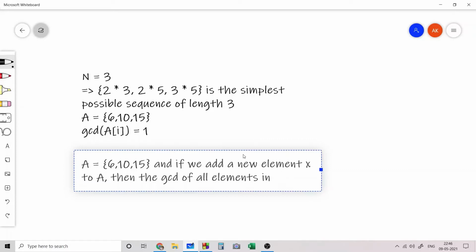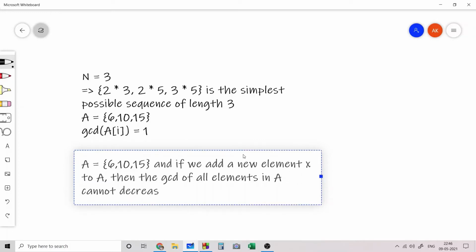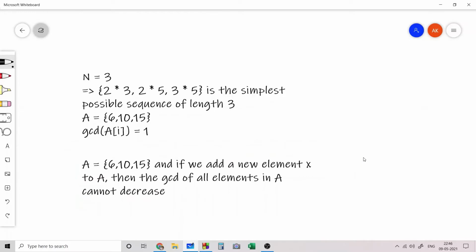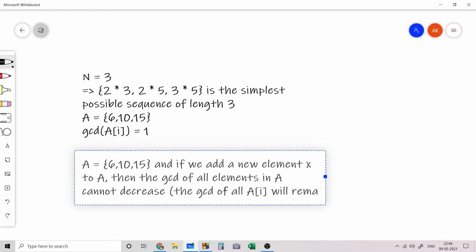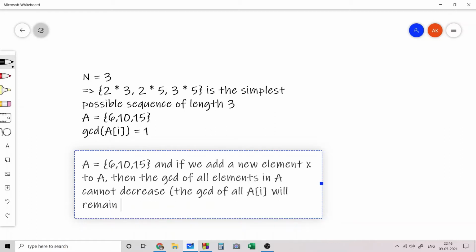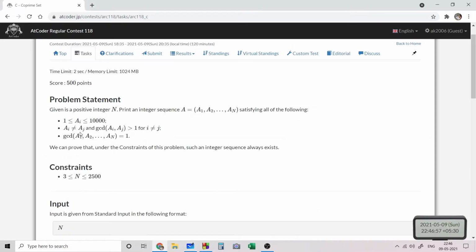That's the first key observation, and this is because the GCD is just the product of the powers of each prime, where the power is the minimum of the powers across all elements in A. So when we add a new element to A, the GCD of all A_i will remain 1, and thus we can add any element to A without violating the third condition.